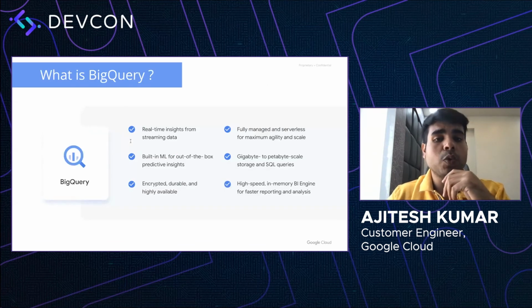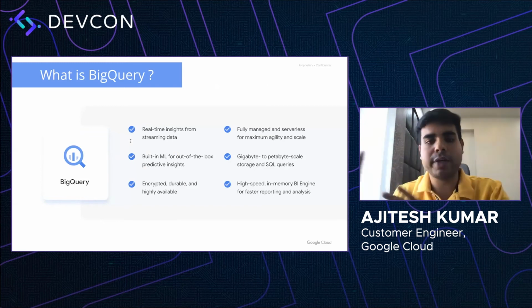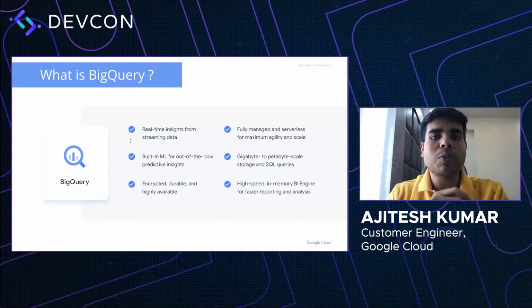Now we spoke a lot about your traditional warehouses. Now let's come to the solution of moving away from your traditional warehouses. Let's talk about BigQuery. BigQuery is a fully managed enterprise data warehouse, which helps you to manage and analyze